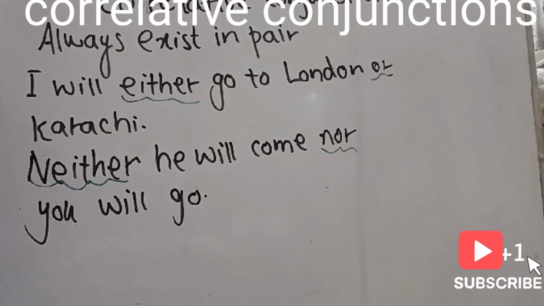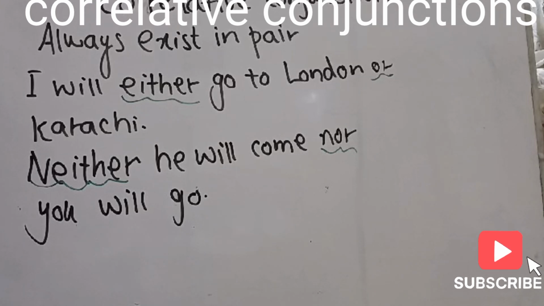As I told you, correlative conjunctions always exist in pairs. They connect phrases, words, and clauses, elements of equal importance. These are the specific words I told you about: correlative conjunctions, subordinate conjunctions, and